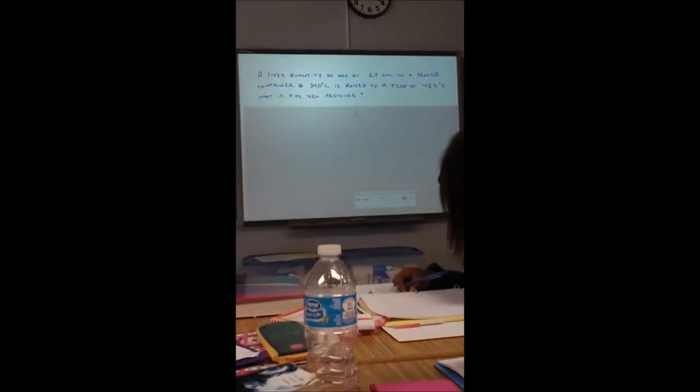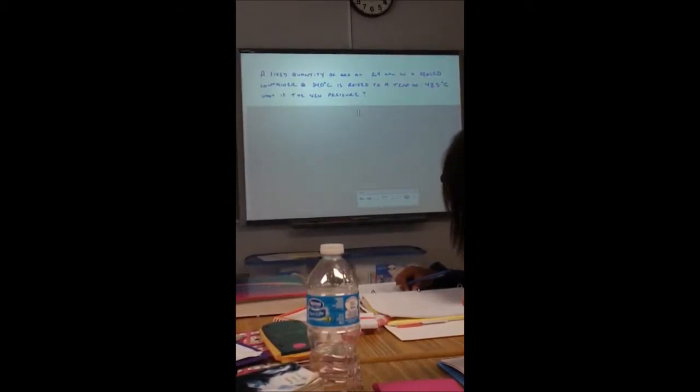It's a fixed quantity. Quantity is measured in moles. You have a fixed quantity of gas at 2.4 atmospheres in a sealed container. So what else is staying constant? Volume. Right. At 34 degrees Celsius. And you're changing the temperature of this system to 48.5 degrees Celsius, and you're asked to calculate what the new pressure is. So one way to solve this is to take the ideal gas equation,